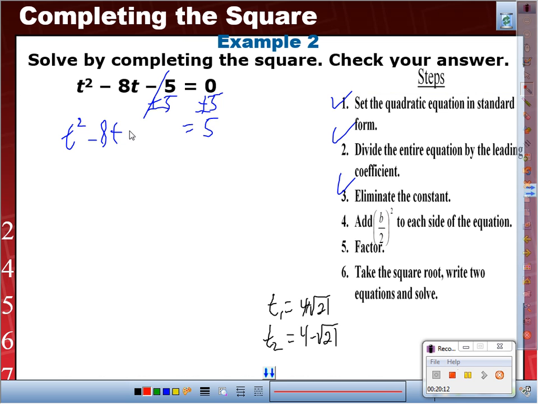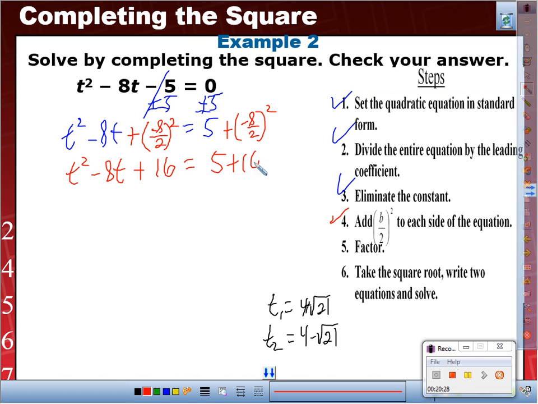Add b over 2 squared, so this is negative 8 over 2 squared. So this is t squared minus 8t plus 16 equals 5 plus 16. So factor: square root of the first, square root of the last, t minus 4 squared, and